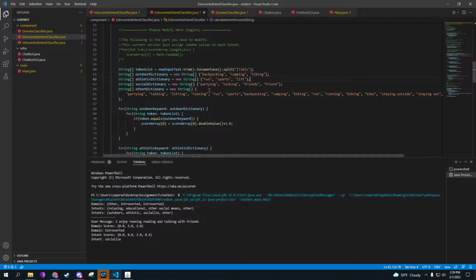Then we have a few dictionaries for the different sub-intents and categories. For example, the outdoor dictionary for backpacking, camping, and hiking, the athletic for running, sports, and lifting, and the social, which is what we just triggered, and it has talking and friends and such things in it, which is why it ended up scoring a 2.